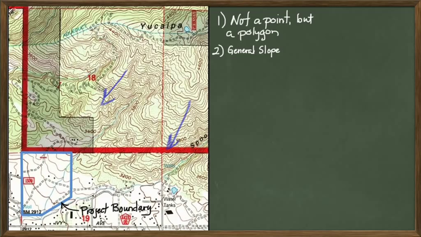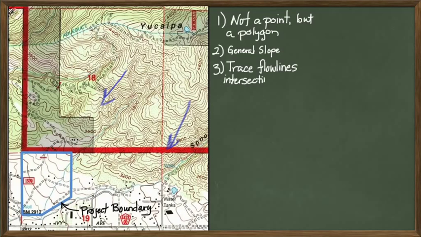The second point is you need to know, just like before, what is the general slope? As we identify the general slope, it's pretty easy to see that what we're really most interested in are the northern and eastern boundaries of our project site, because the western and southern boundaries really don't have any. That's downstream, that's past our project. So any water that is going to intersect our project site is going to come from uphill moving downhill. And so assuming that the boundary of our project is a number of points of interest, we need to know what amount of water is going to intersect there.